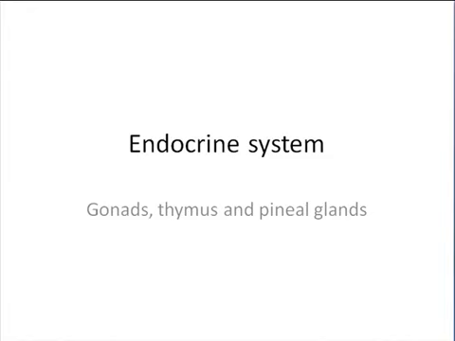Okay, I'm going to continue on sort of introducing a few more of the key organs that are found in the endocrine system. And the way I'm going to set this up is we'll go over kind of the basics of each of these endocrine organs, and then in class we'll look at them in a little more detail in terms of the kinds of hormones they make and the interactions those hormones have, what kind of impacts they have on the body, and maybe in a couple of cases we'll look at one or two examples of diseases where